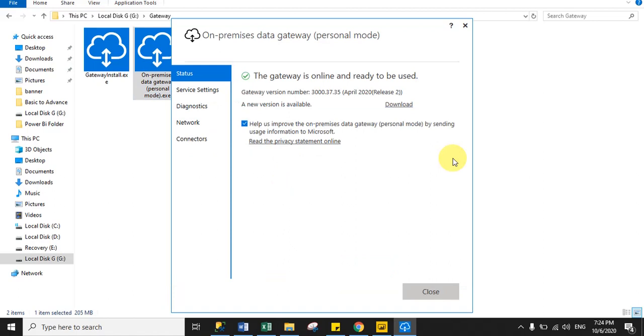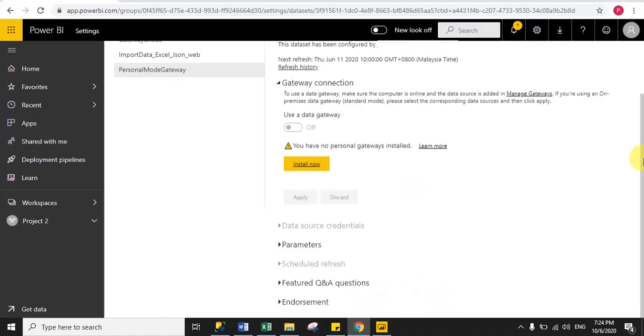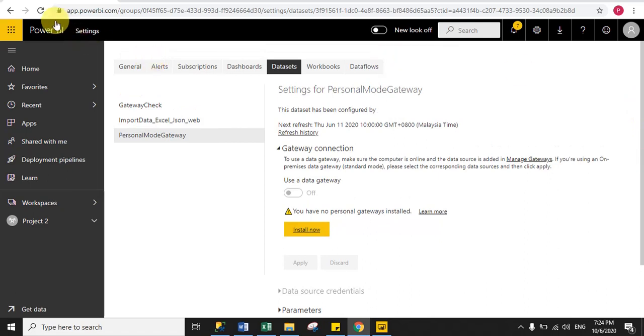So now you can see here Personal mode gateway has been successfully installed and it is showing me a success message. The gateway is online and ready to be used. Then close the pop-up window and go to the Power BI service account. So just refresh the page